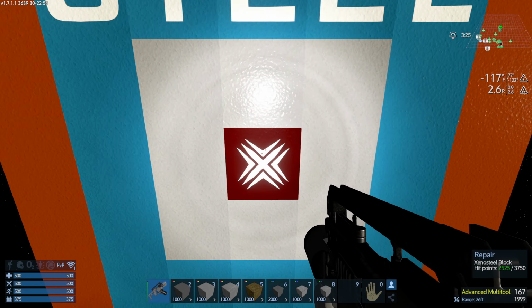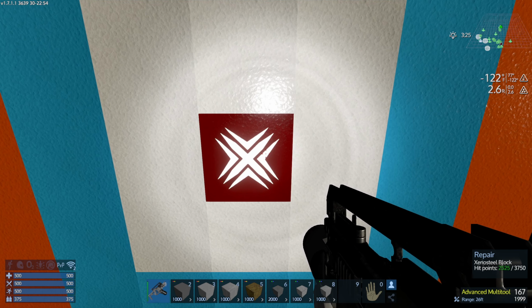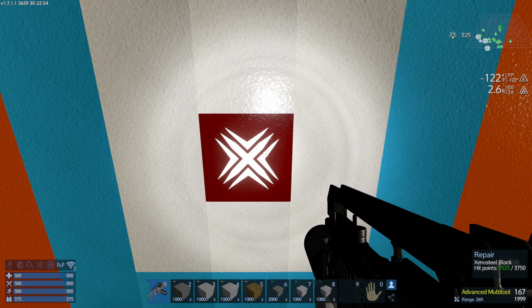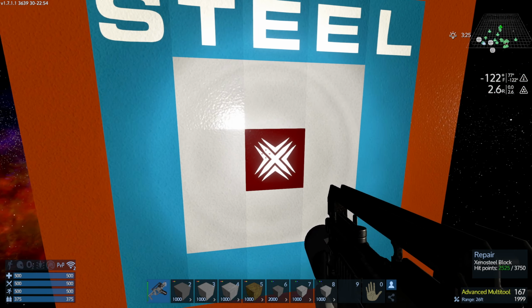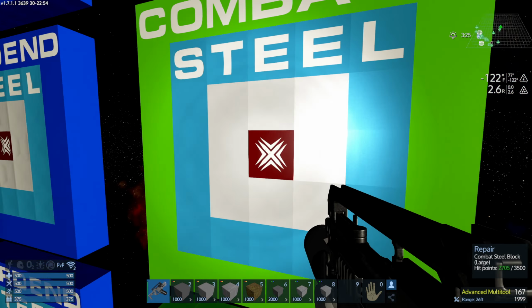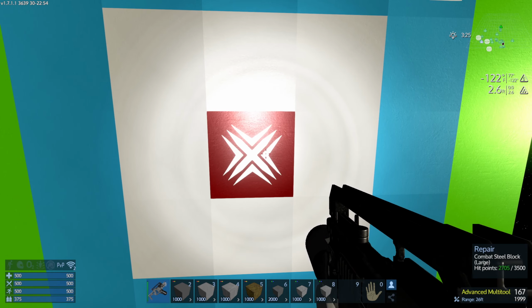Over to the Xeno. Xeno took 3750 minus 2525, which is 1,225 damage. That means it's 4 shots. So 3 shots doesn't quite break it. 3 shots would leave it with like 75 hit points left. So it's 4 shots on a direct impact to break a Xeno Steel block with a bomb launcher. On the combat steel,